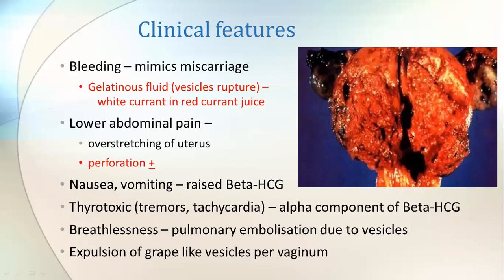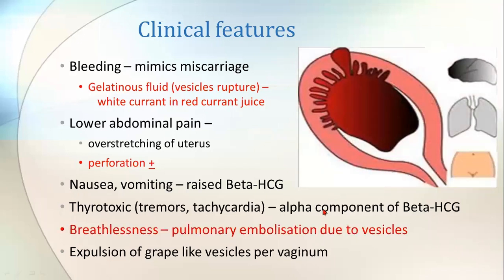Okay, see, because of the rupture of the uterus, what happens? The vesicles which are present inside the uterine cavity tend to ascend through the bloodstream into the lungs. So the most common site of metastasis in molar pregnancy is the lung. This is also one of the most important questions. See, this is the site of the weakest point of the uterus. So the vesicles present in the uterine cavity tend to move up by the bloodstream. The patient complains of breathlessness because of pulmonary embolization. Embolization means movement of the vesicles present in the uterine cavity through the bloodstream to the lungs.